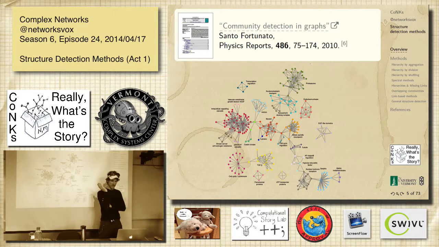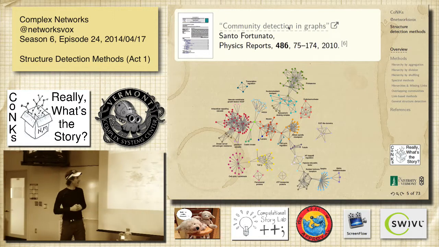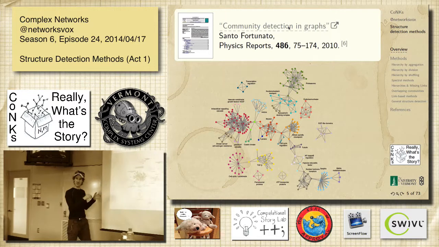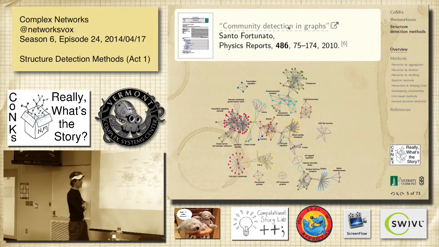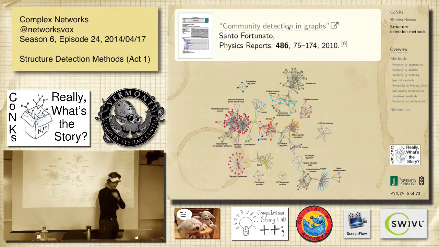So he's done all sorts of things, but is particularly famous now, I suppose, for this paper on community detection, because it's a review paper, right? So review papers are great things. Once a field gets far enough, if you happen to be the person who writes a review paper, it's a painful thing to do, but you can end up being the one who gets all the citations. So this one is 2010, and it has something like 2,500 citations already. So it's a bit of a monster.